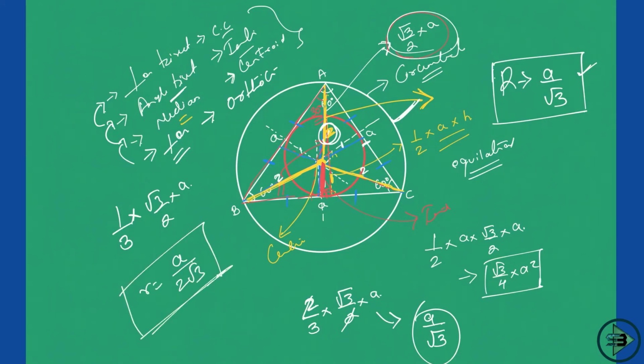Okay, that is how simple you get to this. So remember these formulas. All that you need to remember is what is the height, second what is the area, then third what is the circumradius, and what is the inradius. This was a concept of geometry which I had explained here comprehensively as to why all the centers become equal, and how you can derive the formula for circumradius and inradius. Because that is the height and that is also the median. Median divides in the ratio of 2:1, which means height is divided in the ratio of 2:1. Take 2/3 of that height, that will be the circumradius. Take 1/3 of the height, that will be equal to the inradius.